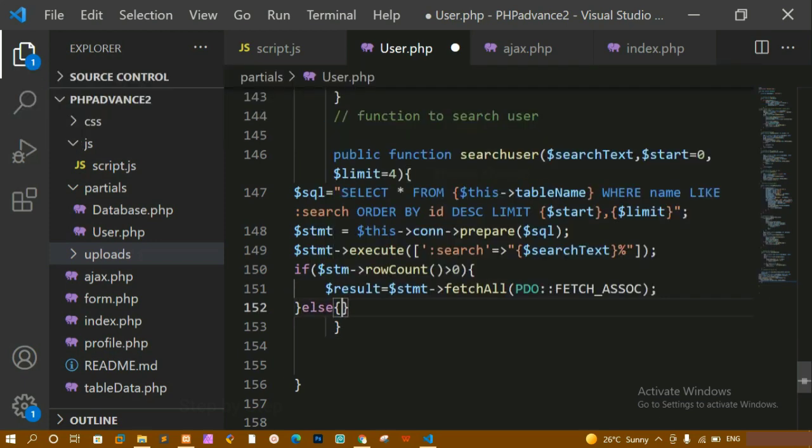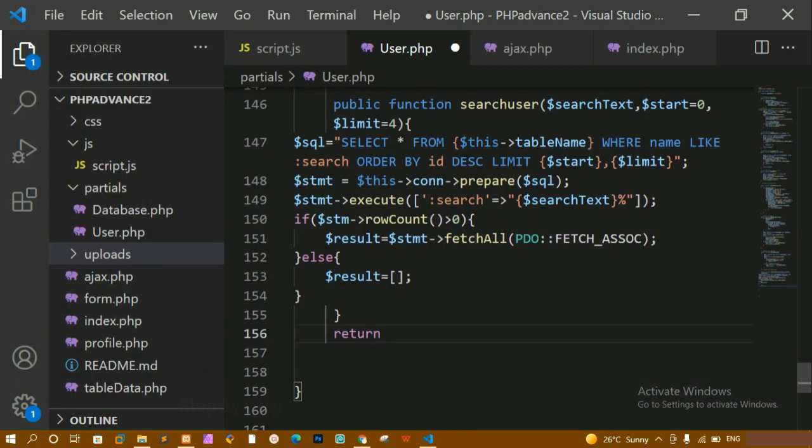Else, if I don't have any data, whatever search I am doing, if I don't have anything, then I just have to return an empty array, which means that the data is not present. My row count is less than 0, which means that the data is not present, and I am going to return the empty result. Once we are done with this, the entire function is going to return the result. In this result I am fetching all the data and storing it inside this variable. Let me write here results for better understanding, because we are fetching all the results. If I am not having any data matched, I am going to return this empty array. If I am having any data that is matched with my search, then here I am returning the result.